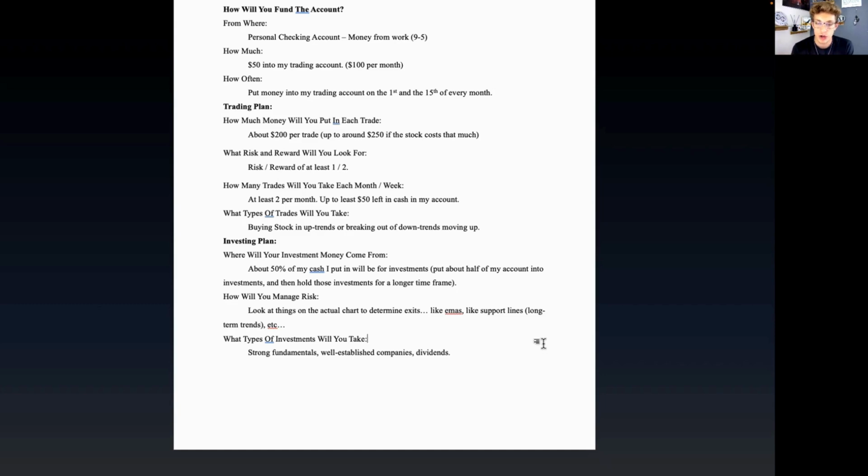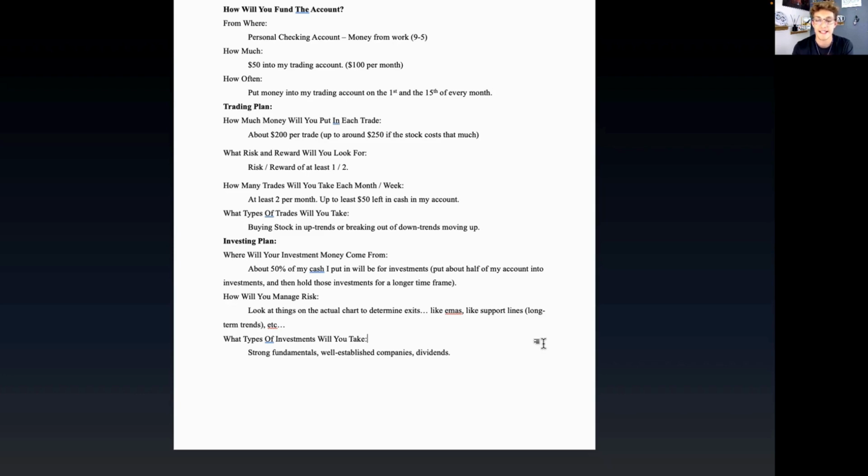The reason I want to hold those investments for a longer time frame is because when I put in half my account, let's say I'm investing over time. I've been investing for a month or so, and I've got some money in my investments, and the market starts to drop. Now I'm not trading as much, so my profits from trading are not going in there because I'm not really making any profits. I'm not doing any trading when the market's dropping, and my investments are also dropping. That means the value of those investments is going down. So the overall account value, the way it's going to show in Thinkorswim, will show that I have less money in the account, which is true, right?